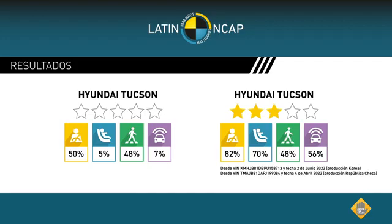Having said that, the vehicle with the updated equipment scored 3 stars. As explained earlier today, the basic version of the Hyundai Tucson was available in Latin America with only 2 airbags, no ESC, no 3-point belts in all sitting positions, no speed limitation device or speed limitation mechanism. And with all that, and of course a poor marking on the child seats, on the anchorage points,